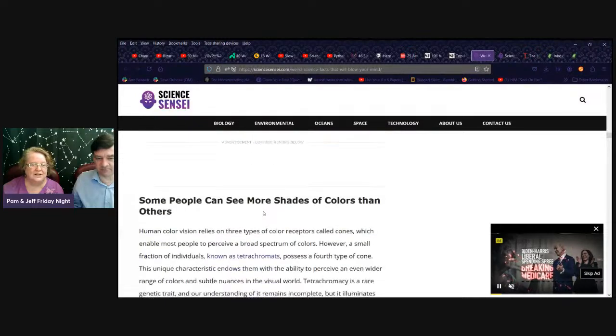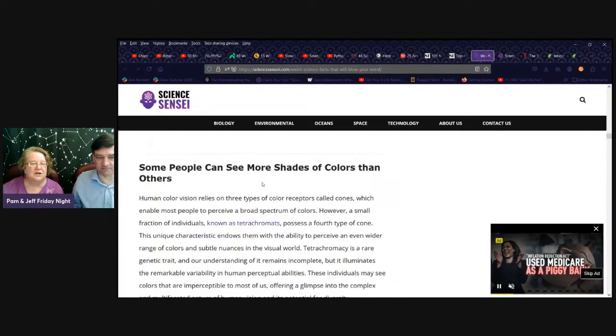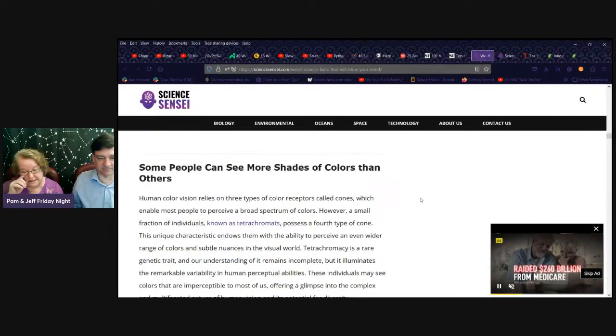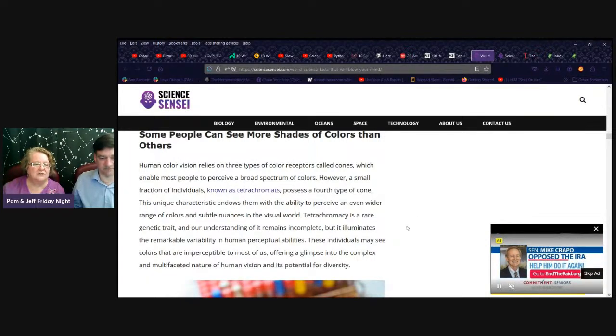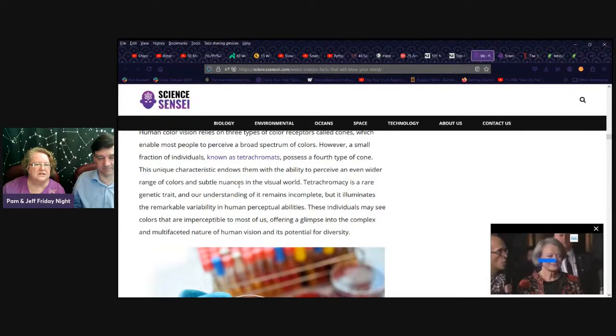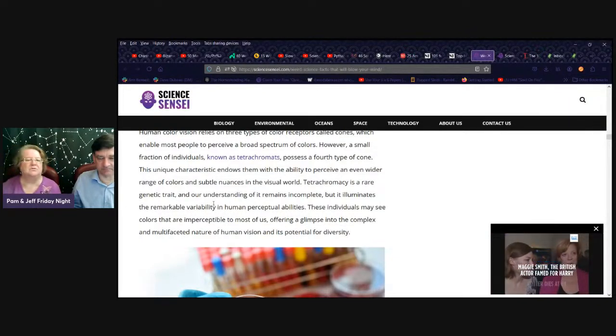Oh, there's the eye color thing. Nope, here it is. Some people can see more shades of color than others. Human color vision relies on 3 types of color receptors called cones, which enable most people to perceive a broad spectrum of colors. However, a small fraction of individuals, known as tetrachromats, possess a 4th type of cone. This unique characteristic endows them with the ability to perceive an even wider range of colors and subtle nuances in the visual world. Tetrachromacy is a rare genetic trait, and our understanding remains incomplete, but illuminates the remarkable variability in